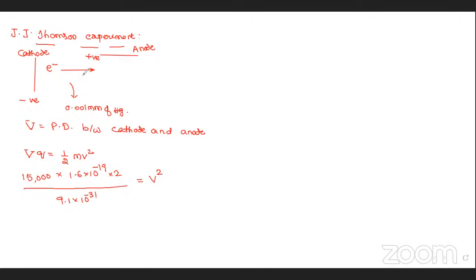He said the electrons will move with high speed. Is it really correct or not? We are checking for our convenience. You can find out here 15 into 2 is 30 by 9 approximately, into 10 to the power of, here 1.6 into 10 to the power of minus 19. How much? I think 12. Is it correct? 12. So total 15, sir. 13, 10 power 14, 15.